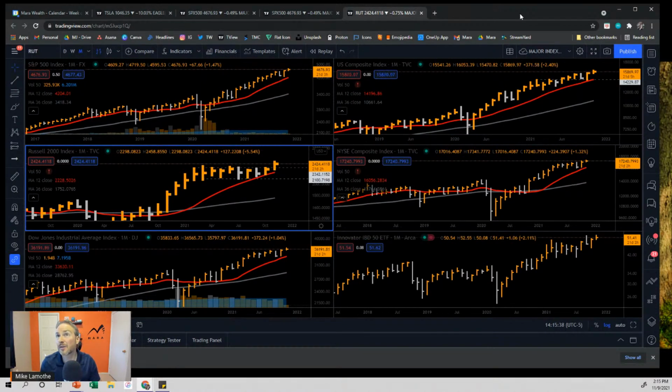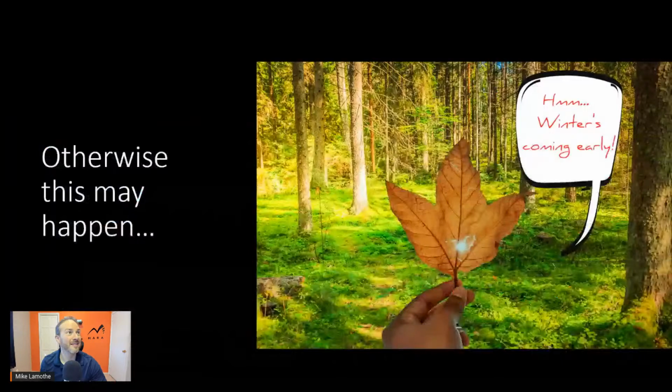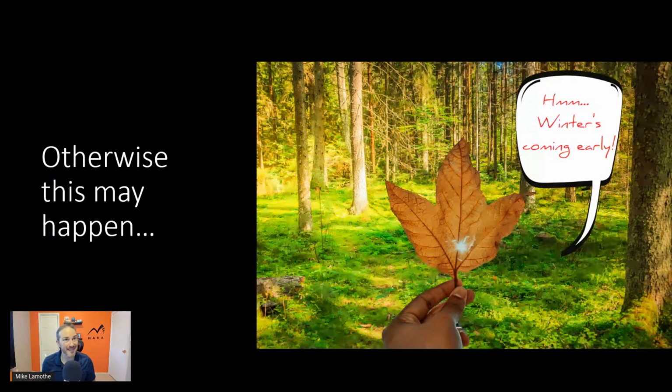Actually, in some of the positions that I have, a number of them have started to get a little bit extended, and so I've started to do a little bit of harvesting, right? And this is another concept that you might want to look into, which is, when your stocks are producing fruit, just to keep with these forest-type analogies, for example,